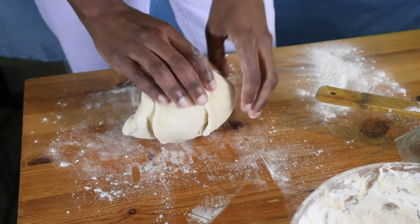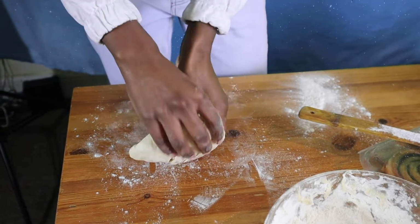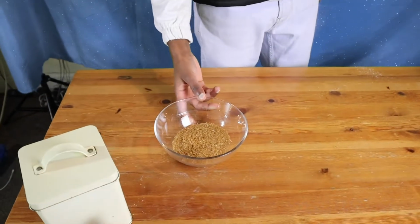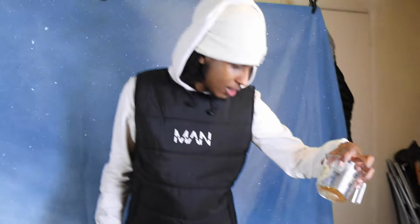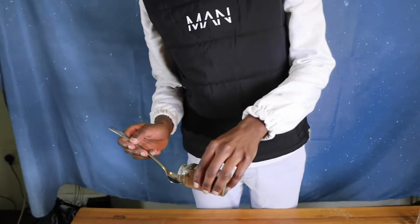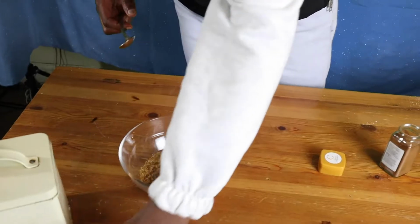For like 8 minutes, I have the timer on, and the guy apparently said the best way to do it is to fold and go like this. Okay, so after some time has passed, I came back, still nothing, no difference. But I put in here, was it two-thirds of a cup of brown sugar, and I'm going to add a teaspoon of cinnamon, like that, and then